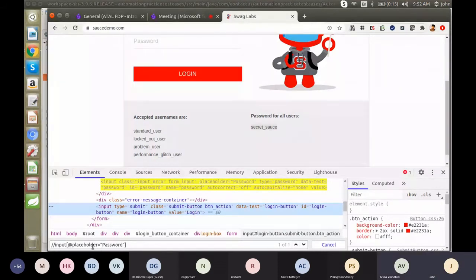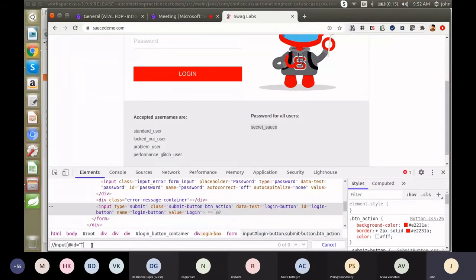So this is the same input type. We have to go with ID equal to login-button. So at ID. Yeah, now it is located.